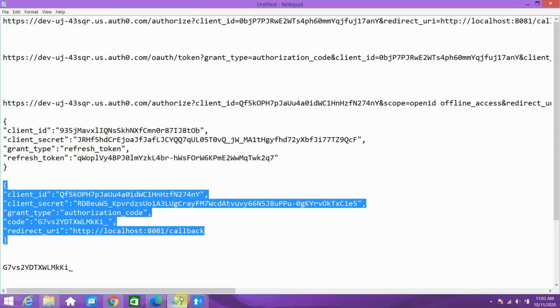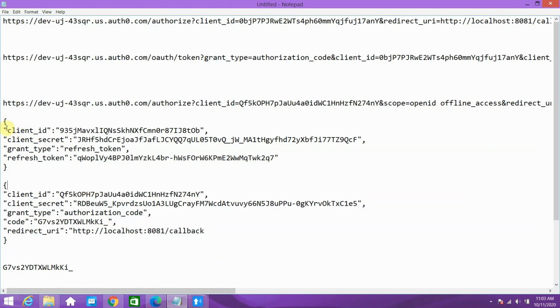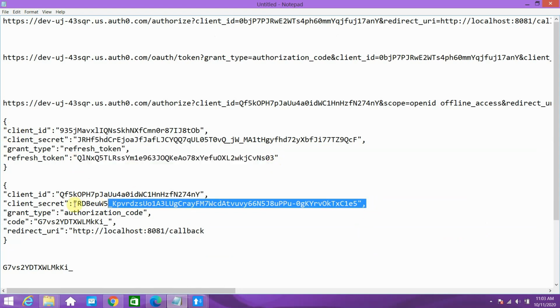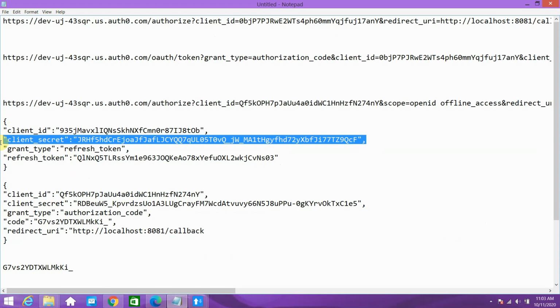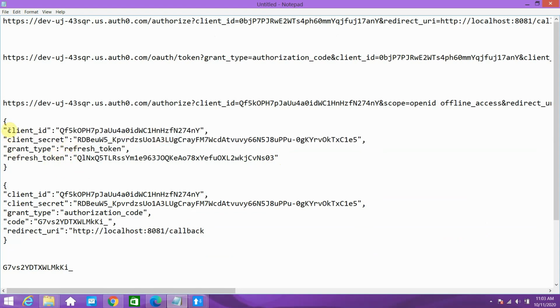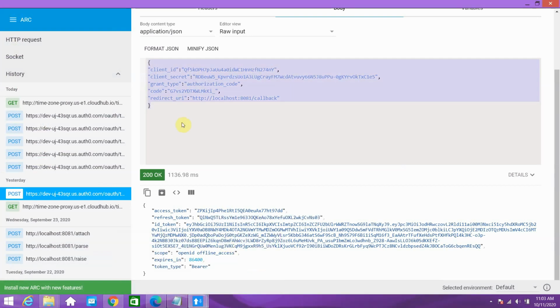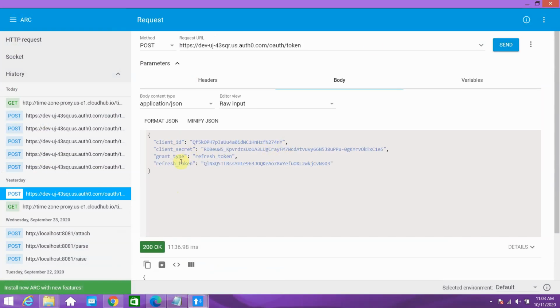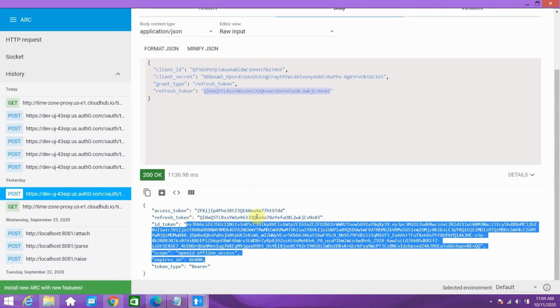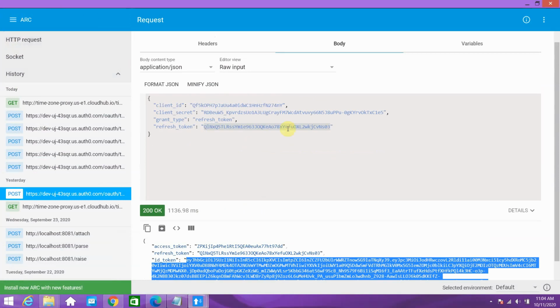Okay, so what can I make use of this refresh token for? You just make the request again, with the client ID. So this is the refresh token, and I will copy this client ID and the client secret, which I have copied from Auth0. So you have to pass this client ID, client secret, grant type, and the refresh token for generating the ID token and access token again. You don't have to send all these parameters, this is just for one time. So go and paste it here. Use the same token URL. Just make sure you save the refresh token somewhere. It is useful to generate an ID token and the access token, a JWT token. This is generally a JWT. Okay, now you can send the request.